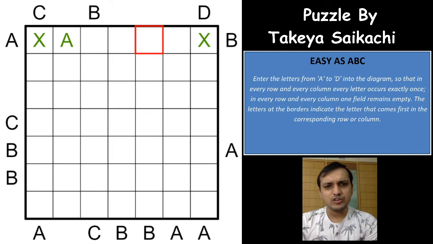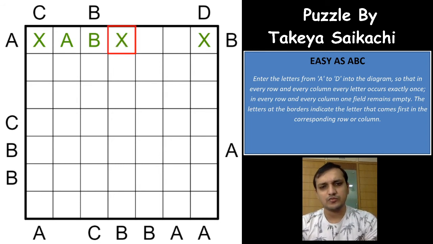So whenever you have a case where you have a column clue and the same clue is somewhere in the row clues, in the first row from that column, right? If you see a B here, you have the B column clue and you have a B row clue as well, which is very far from this clue, which means the first cell from this direction cannot be a B. It has to be crossed out, because if you place a B here, then for this B it has to be the first cell and all of these will be crosses, which is again not possible, which means this has to be crossed out.